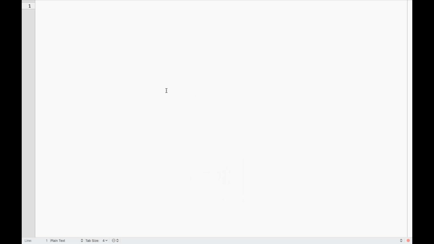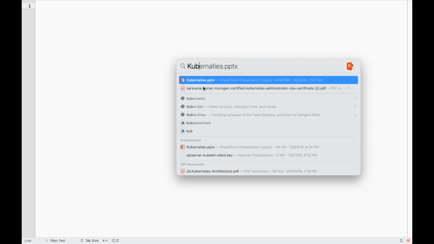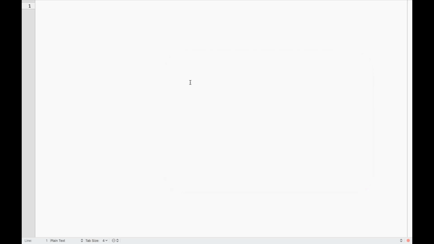Last week, we were discussing the Kubernetes introduction: what is Kubernetes and its architecture? Okay. So today, we'll try to set up a Kubernetes cluster. So, as we already discussed,